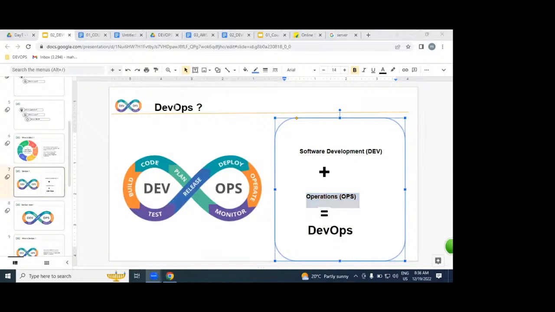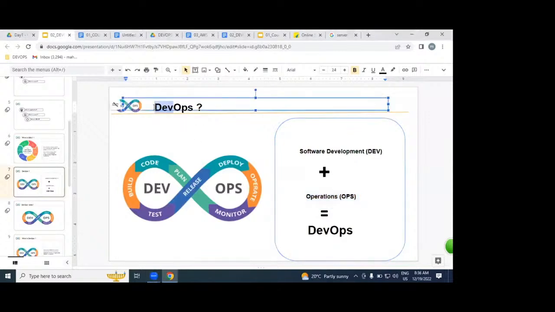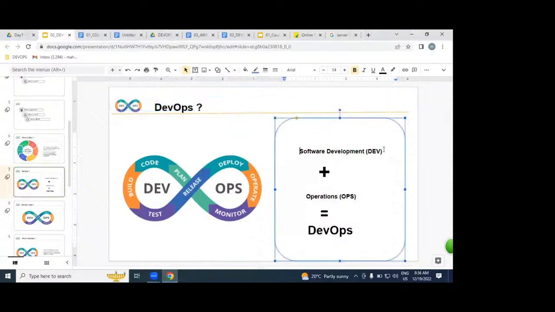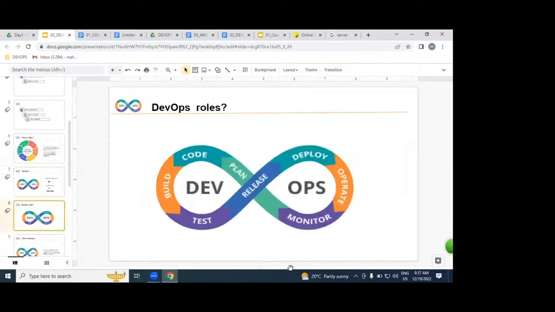DEV is development, OPS is operation, and the combination of software development plus operation we call DevOps. That means we are part of dev environment, build, test, release, deploy, operate, and monitor. These are all the stages we are part of.